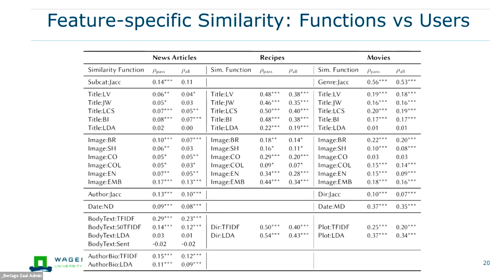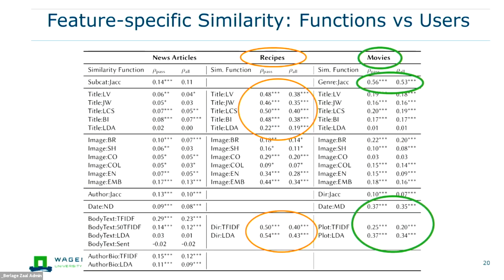When we compare results from a similar task in the recipe and movie domains, there are a lot of numbers on the screen, but I'll take you through it. For recipes, titles and directions were quite representative, with correlations up to 50%, which is much higher than any of the values we found in news. In movies, a genre-based similarity function, or a recency or plot-based one, were more representative and also yielded higher values. So it seems that taking this approach from those domains into the news domain, it didn't have the same result of representativeness in terms of user judgments.